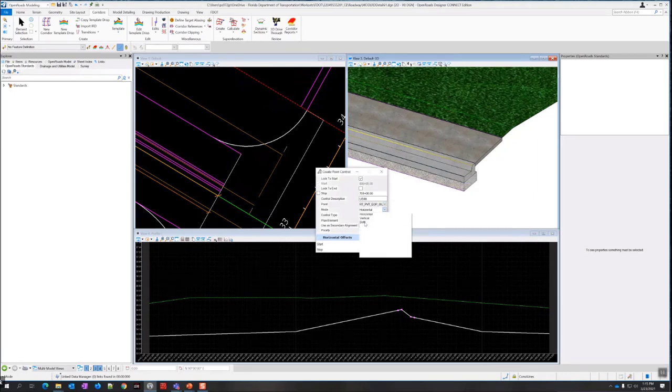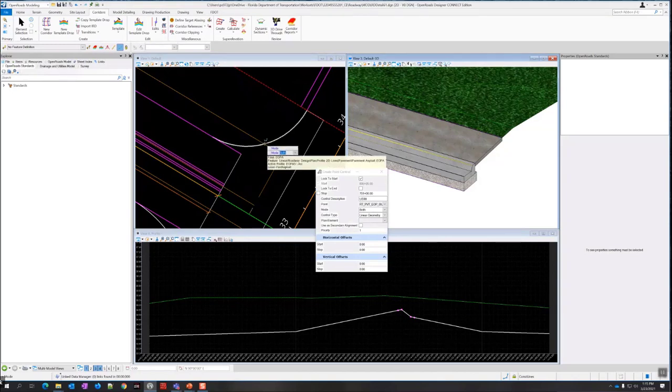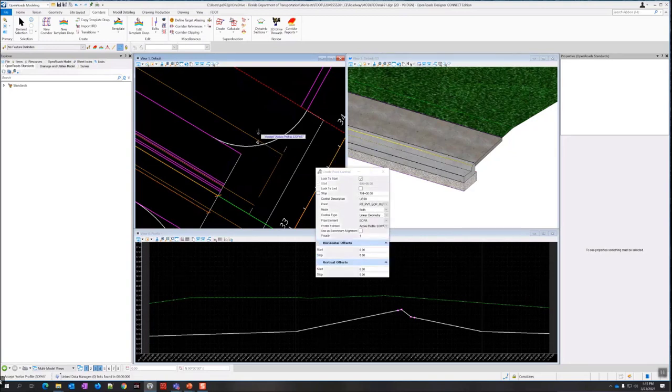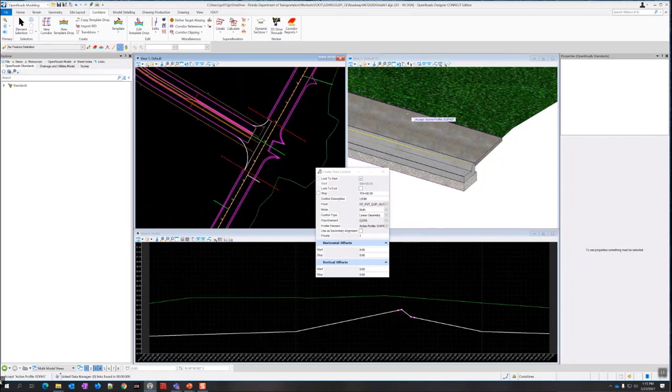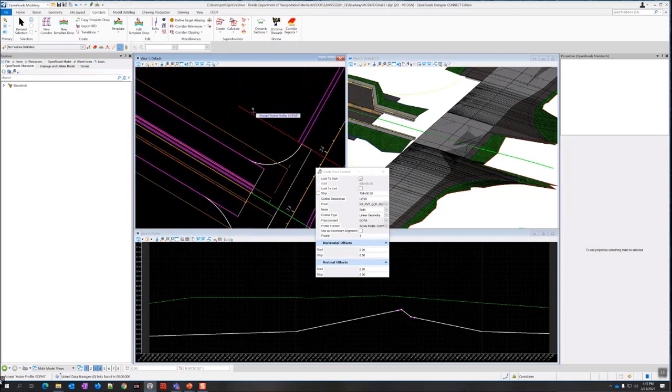Change the mode to both. And the control type needs to be linear geometry. So before we used the corridor feature, this time we're going to do linear geometry. We don't have a corridor to tie it to. We're just tying it to this geometry right here. I'm going to accept that. It asks me to locate a plan or profile element. So I'm going to just select this plan element here, the fillet that we created. And it says accept active profile UPA 5. So I set the active profile. This is the one that's showing. That's the one I want to use. So I'm just going to accept.